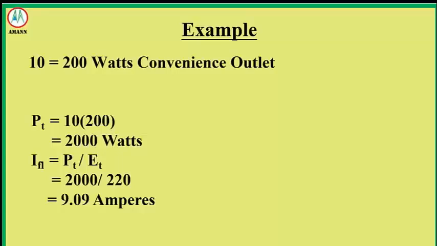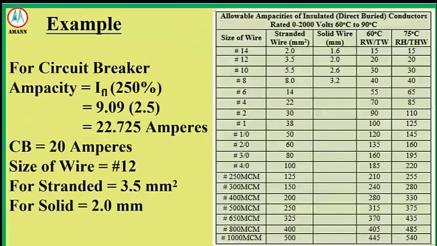which is 10, with each outlet having a maximum power rating of 200 watts. This results in a total power of 2000 watts. To calculate the full load current, the total power is divided by the supply voltage of 220 volts, yielding a current of 9.09 amperes. This means that if all 10 outlets are fully loaded at 200 watts each, the circuit